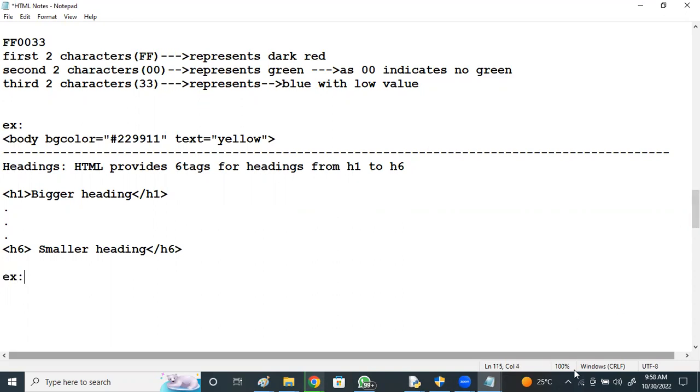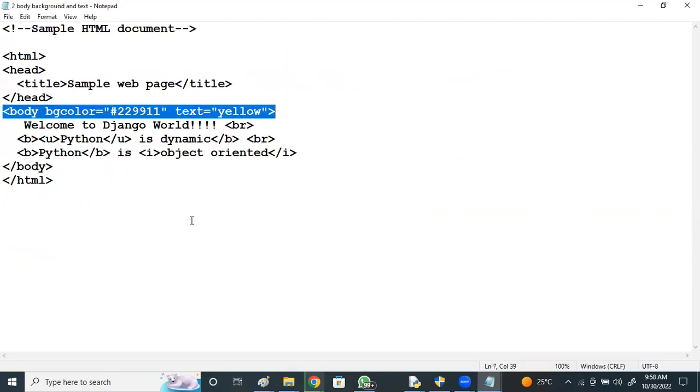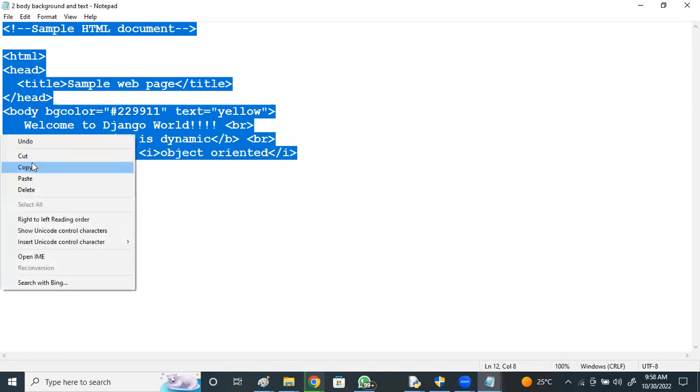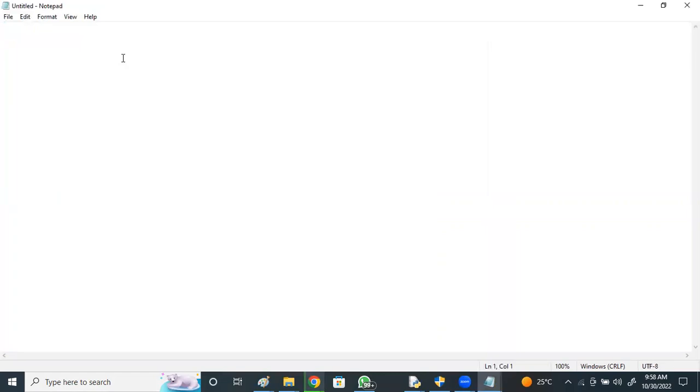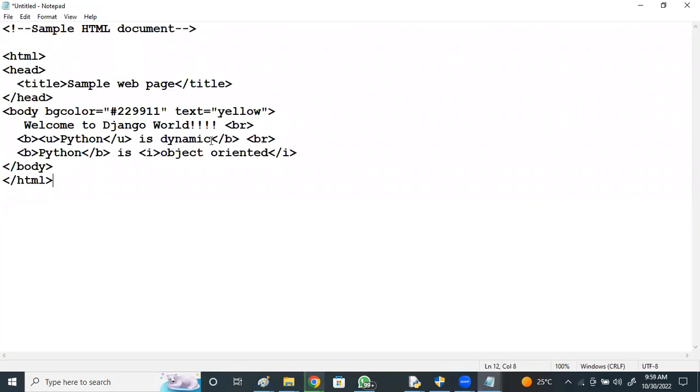I'll copy the same thing and paste it here. Now, headings I want. H1, Python programming, then /H1, closing it. I'll copy and paste this six times.